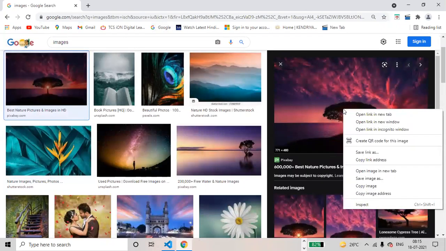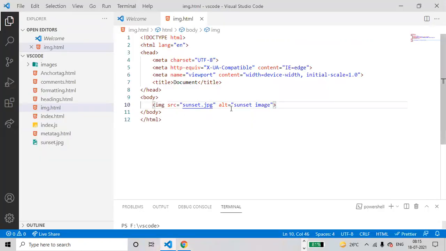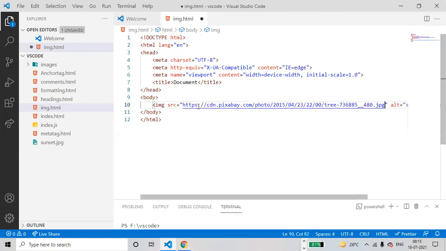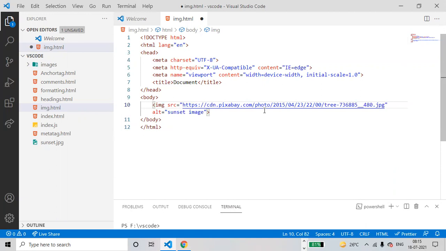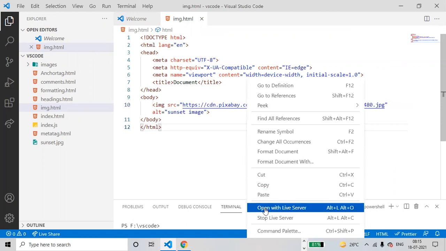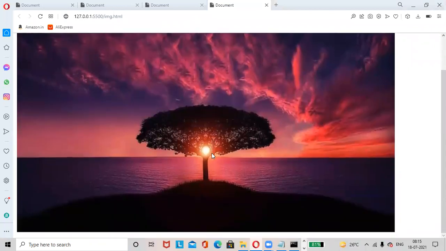Select this image, right click on the image, and choose copy image address. Then go to Visual Studio Code and paste the address here with Control V. View, toggle word wrap. Alternate text: sunset image. Then save the changes with Control S, right click, open with Live Server. See, the sunset image is added here.